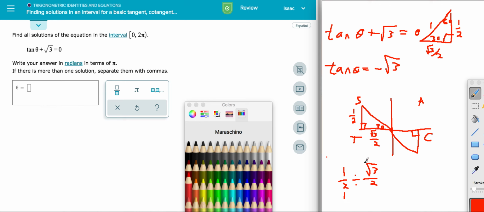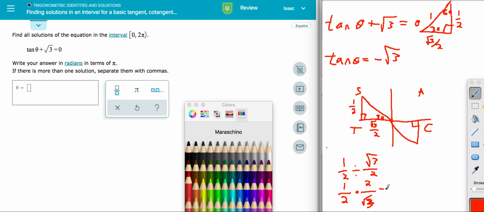So tangent is the opposite of your angle, so opposite of the reference angle, divided by the adjacent of the reference angle. So opposite's 1/2, and then the adjacent side was square root of 3 over 2. So I got to flip that second fraction and multiply. Oops, that's a square root of 3. Okay, and then the 2's cross cancel, so you get 1 over square root of 3, and it's also negative,